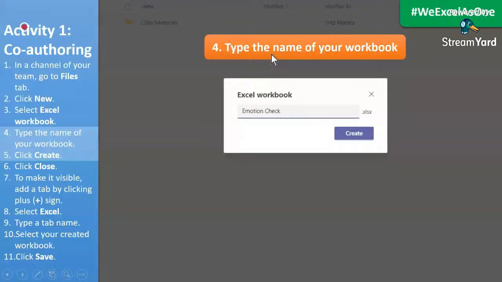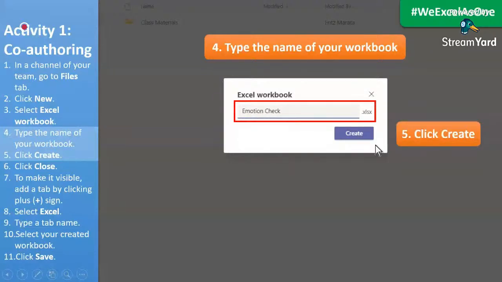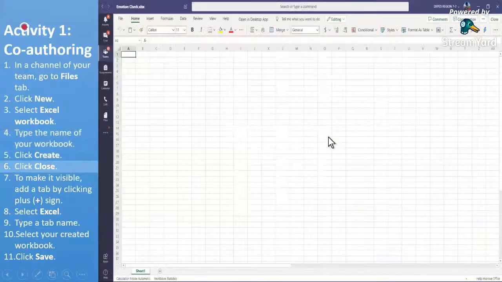In my example, I have typed Emotion Check. Then the fifth step is to click Create once you are done typing the name of your workbook. Click Create, and automatically you will be directed to the workbook that you have created,